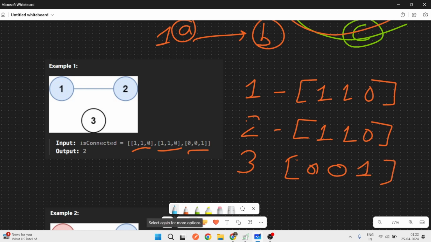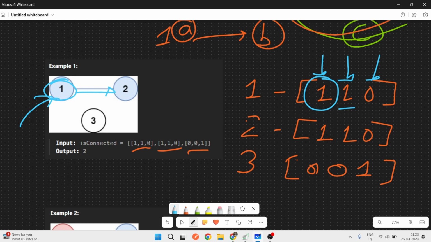So it is showing that node 1 is connected to itself, means index 0 value, index 0 means node 1, and it is also connected to node 2 because the value is 1, but not connected to node 3. Here you can see in this example, node 1 is connected to node 2 but not connected to node 3. A node is also connected to itself, means we can go from one to one directly.